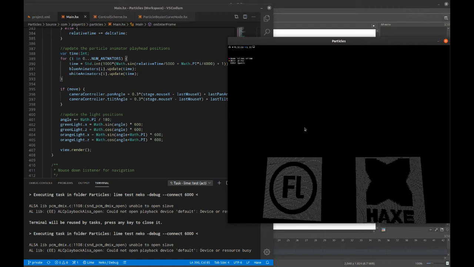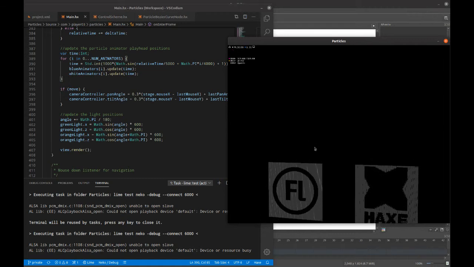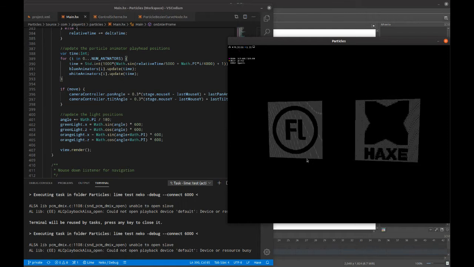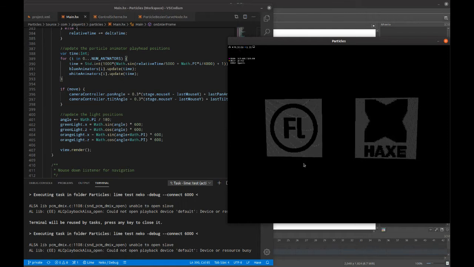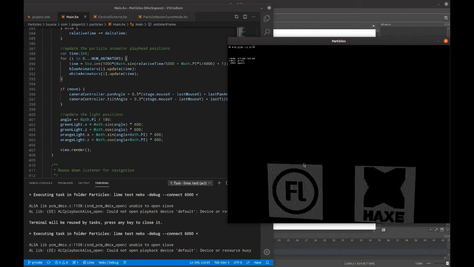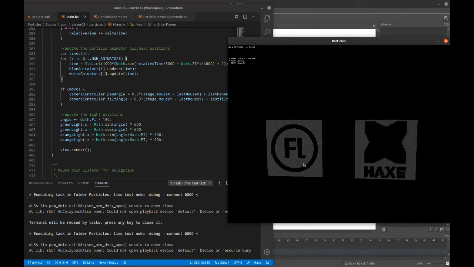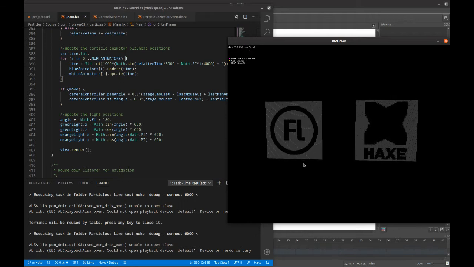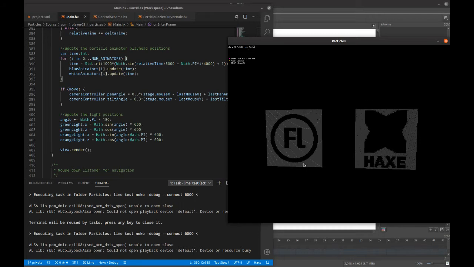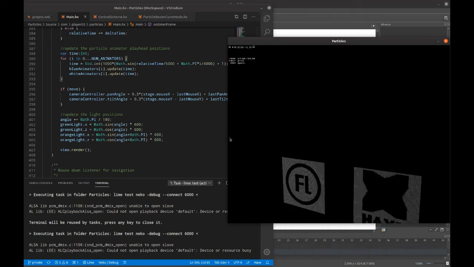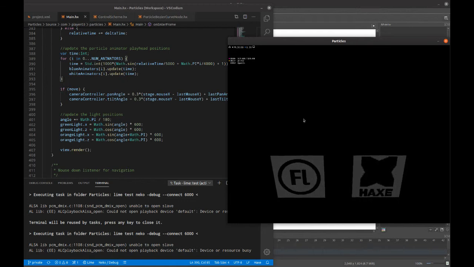The start point is there, and it goes up and it comes down and it returns to the start point and keeps going and going and going and comes back. Okay. And this is currently